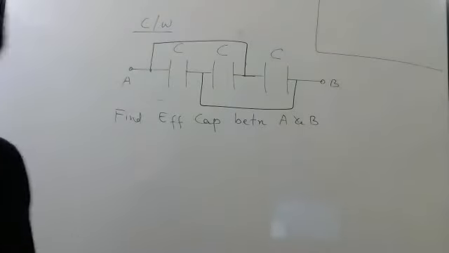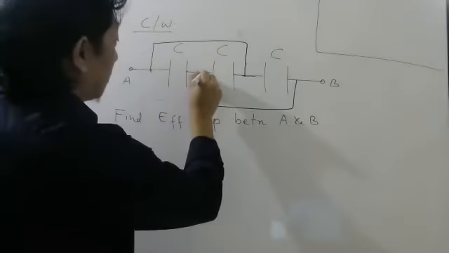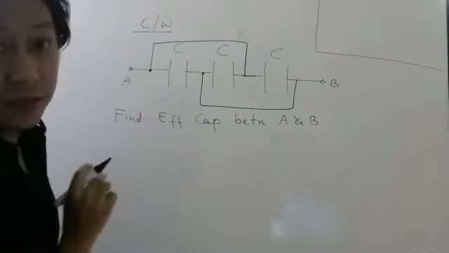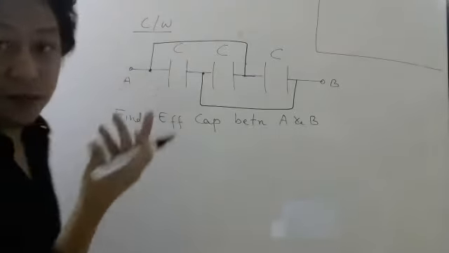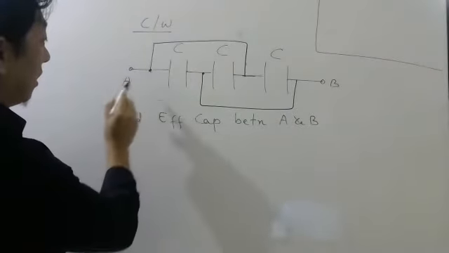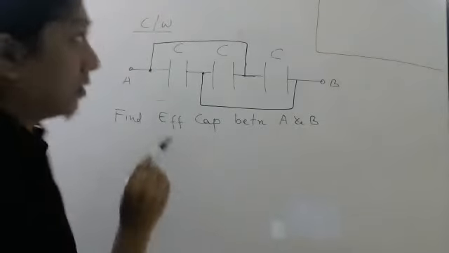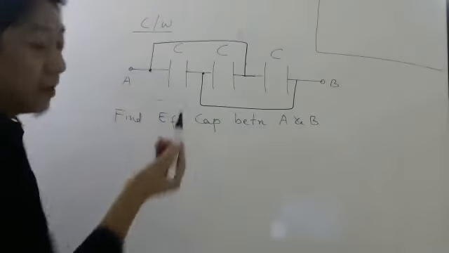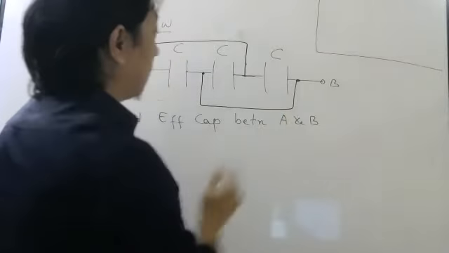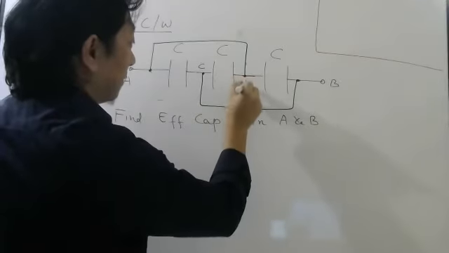So let us try to check why it is in parallel. Okay. So what you do, you mark these points. This point is already connected to A. So this point and this point are same only because this is just a conducting wire. In a conducting wire, you know potential everywhere should be same. So this point and this point are potentially same, this point and this point are also same. Now let us call this point C, this point B.